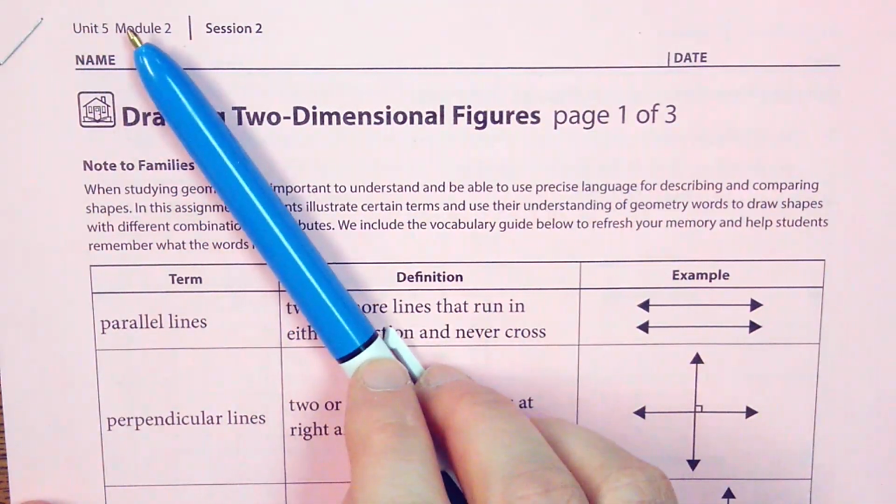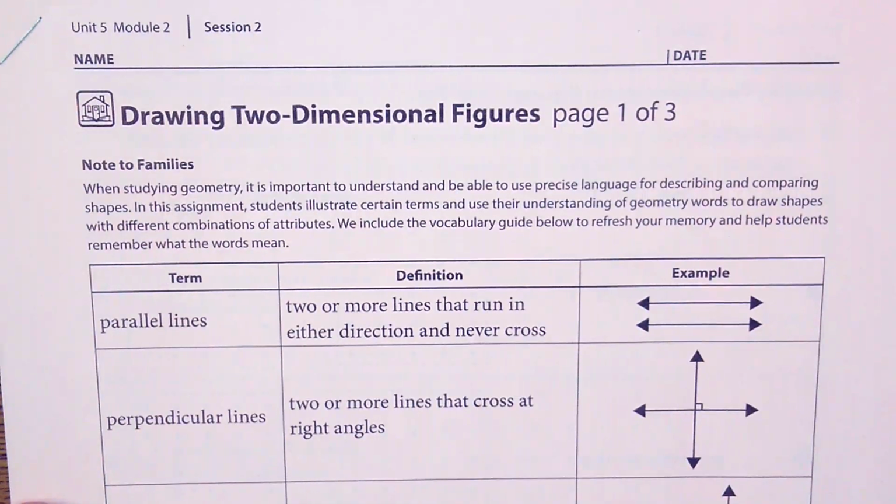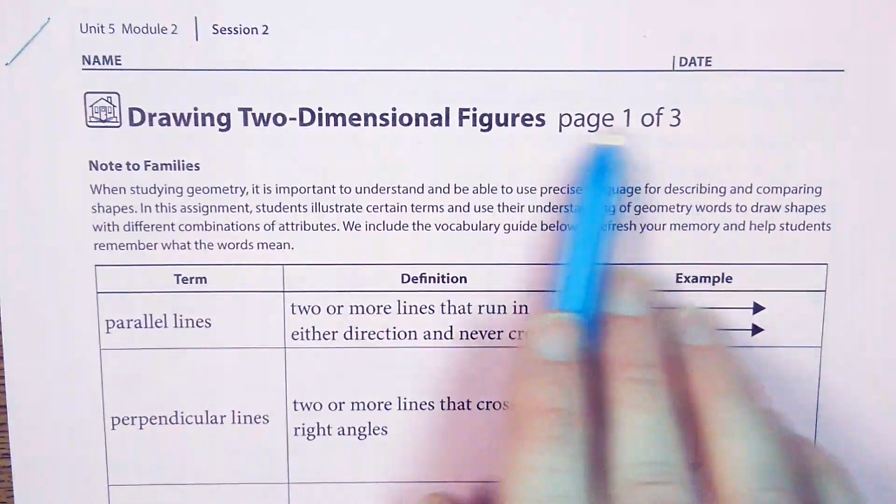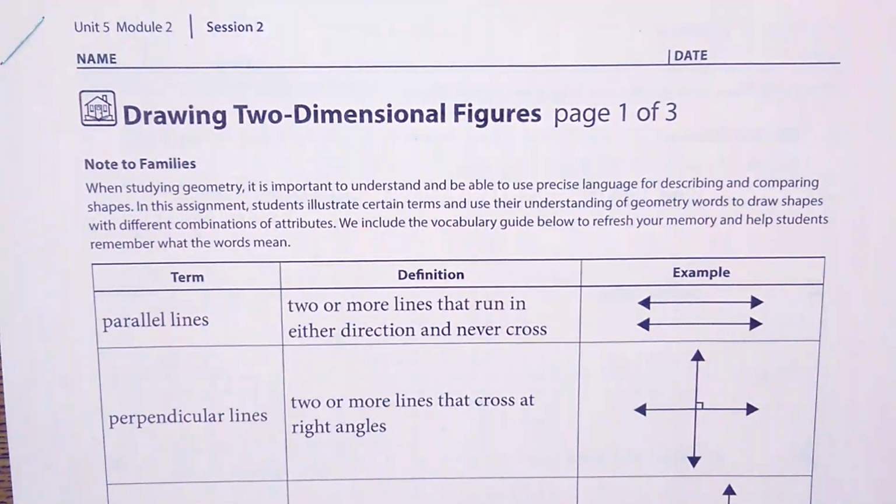Greetings, this is Unit 5, Module 2, Session 2. The name of this home connection is Drawing Two-Dimensional Figures, 3 pages! You better put your name and number at the top of that page if we're going to do 3 pages